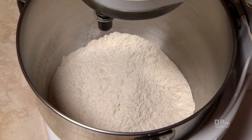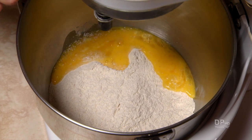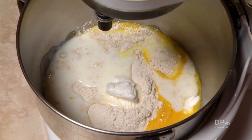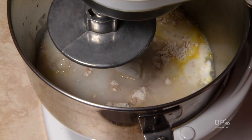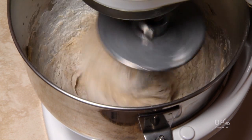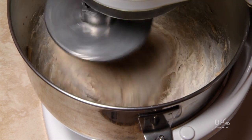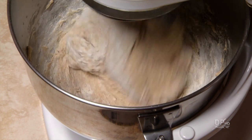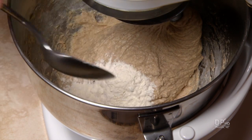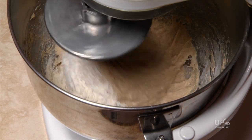In your stand mixer bowl, add the dry ingredients, the beaten egg, shortening, water, and milk. Attaching the dough hook, begin mixing on low speed until the flour becomes incorporated into the wet ingredients and begins to form a ball. In this case, the dough is too sticky, so I'm adding flour 1 tablespoon at a